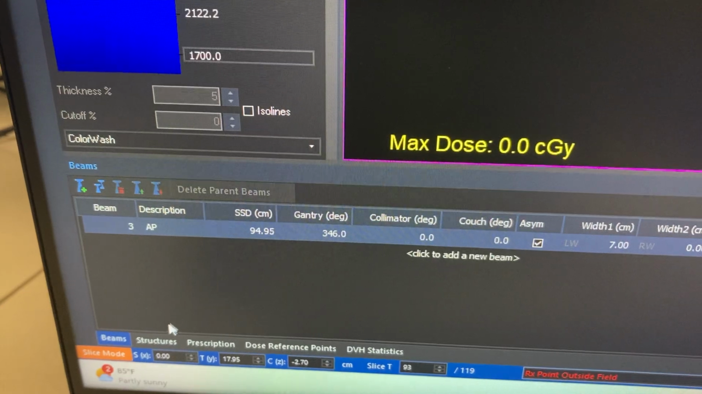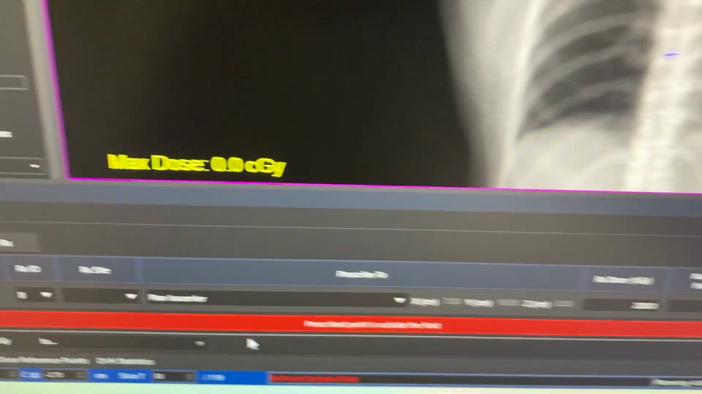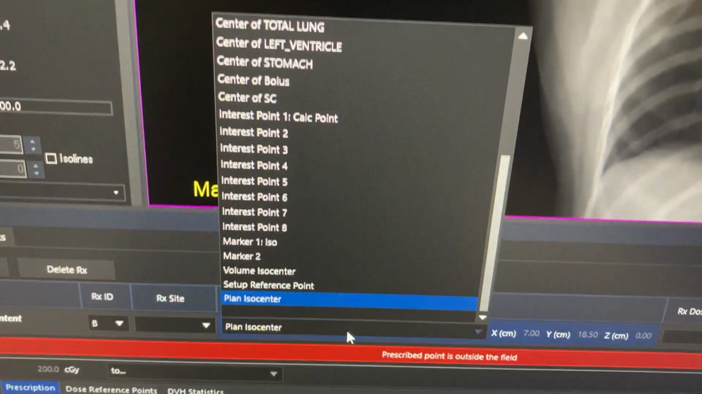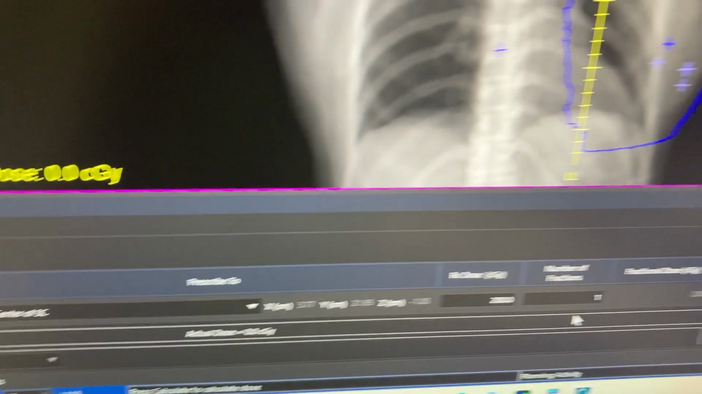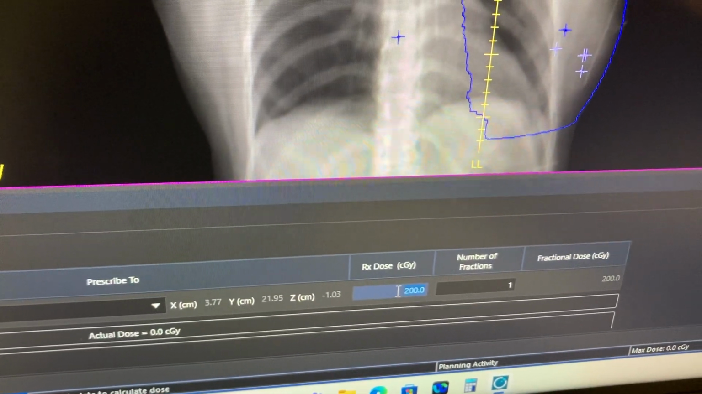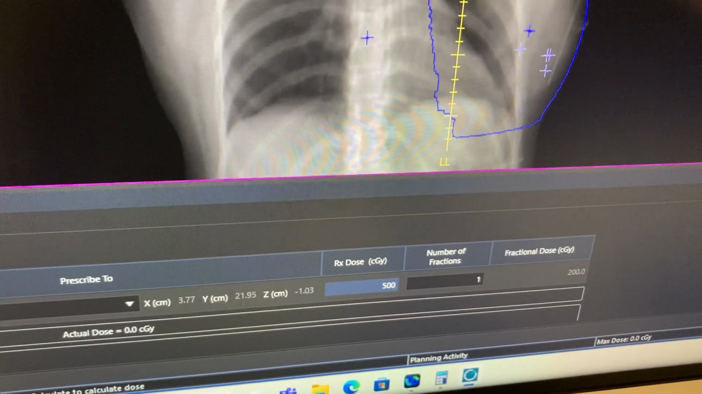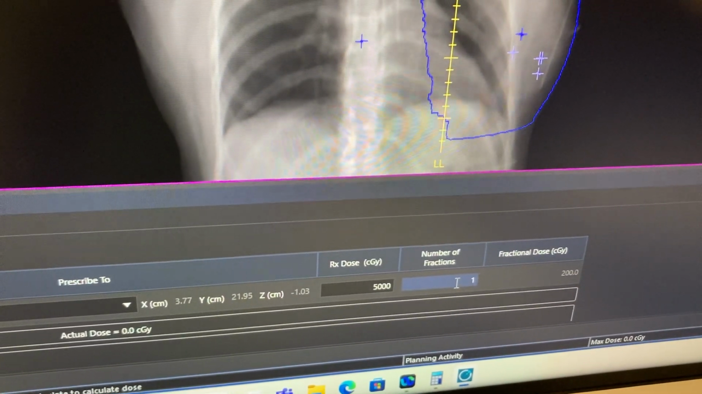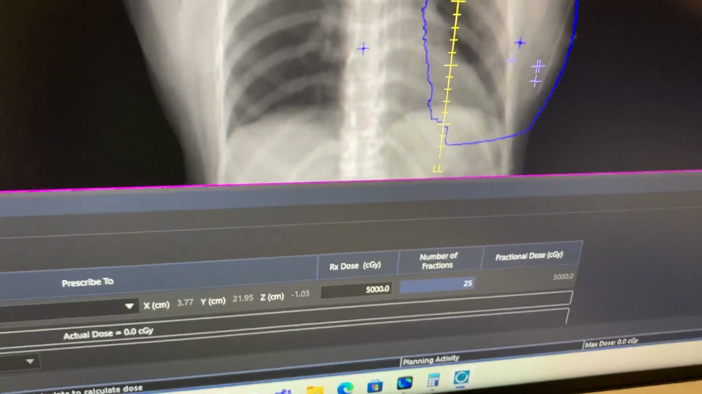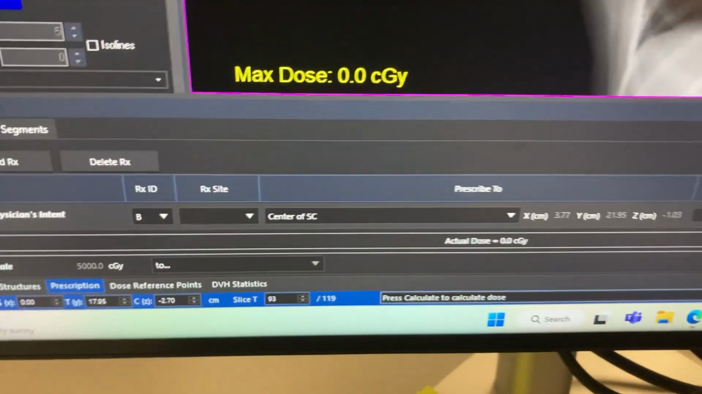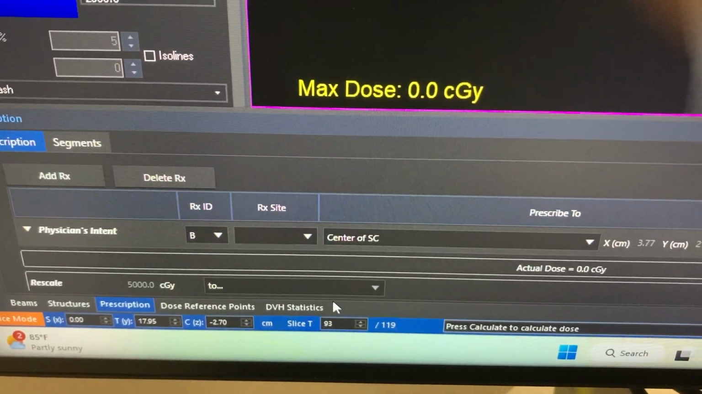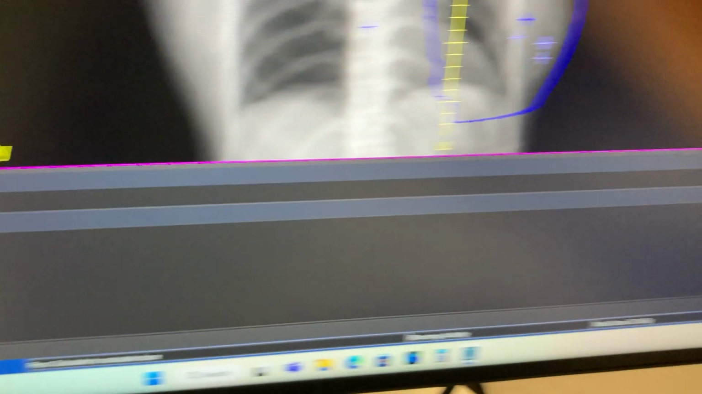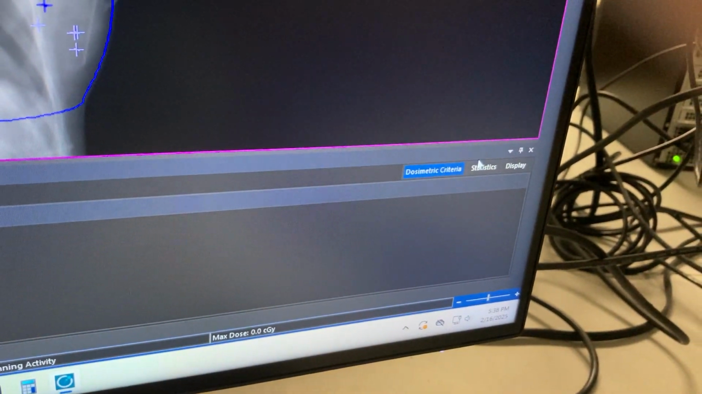Okay, we need to also set its prescription. So plan isocenter is at the center of SC. This should fix this problem. And here we are giving 5000 centigray, not 200 centigray, in 25 fractions. So this is awesome. Okay, now we can also give it DVH statistics,